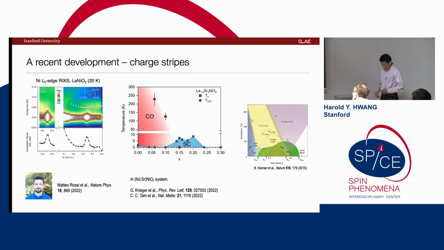The second thing that a number of groups have observed over the past year or so is kind of stripe or charge ordering signatures. And there are lots of details we don't understand, but in all cases that this is observed, we see a prominent 1/3 charge stripe. And it doesn't seem to disperse upon doping. It just suppresses and kind of disappears as one enters the superconducting dome.